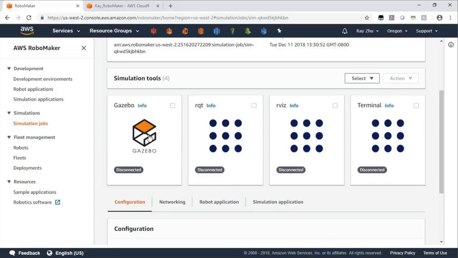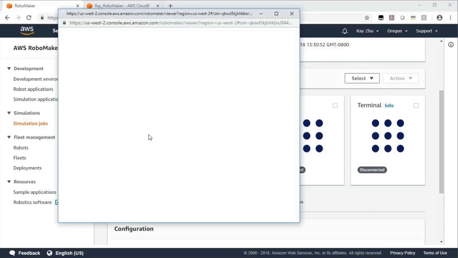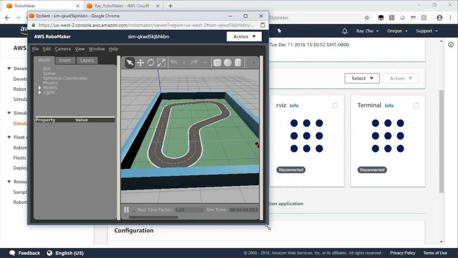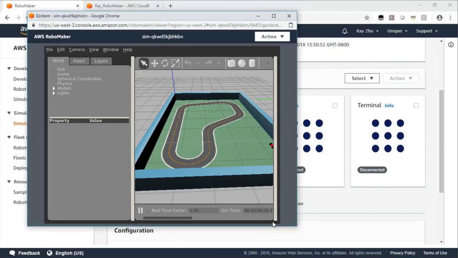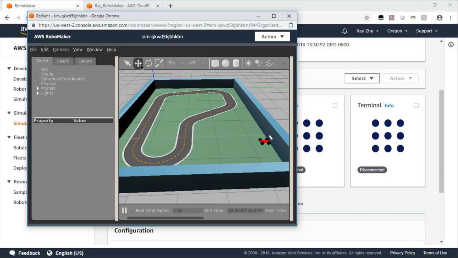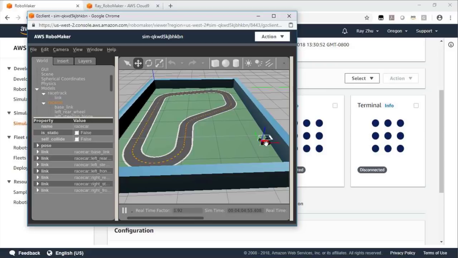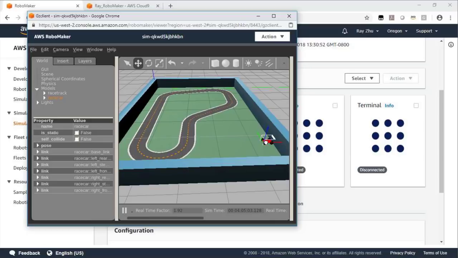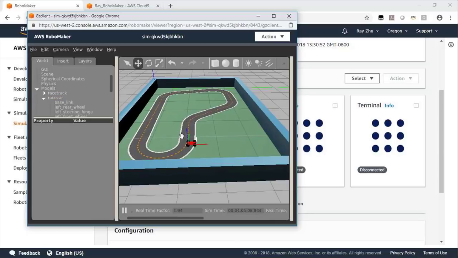So if we launch Gazebo, you will be able to see this is the live simulation that is running. You can see actually there is a car, if you can see at the bottom right corner. Let me see if I can drag and drop that car to the racing track. Let me get it back to the racing track, and you can see actually that car is driving in a